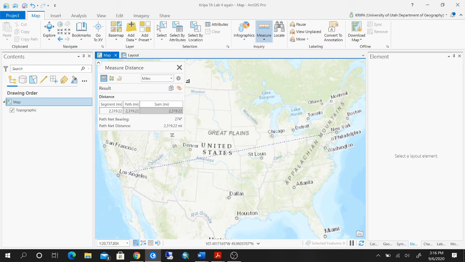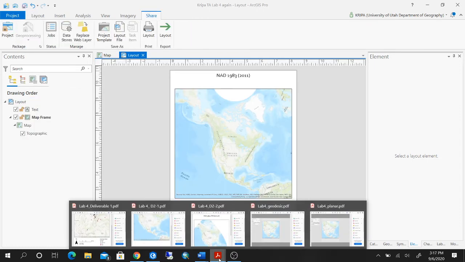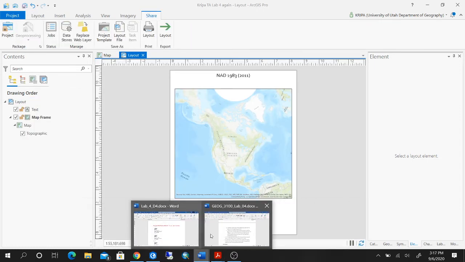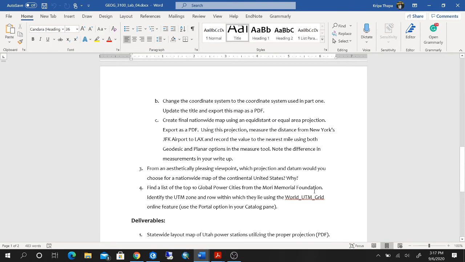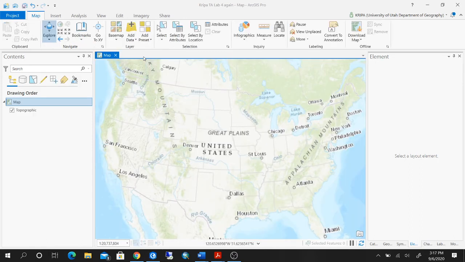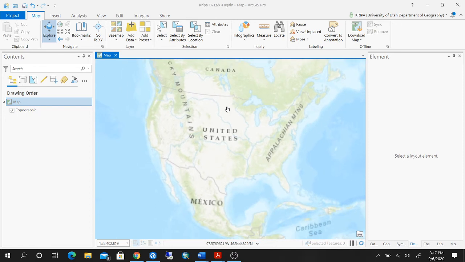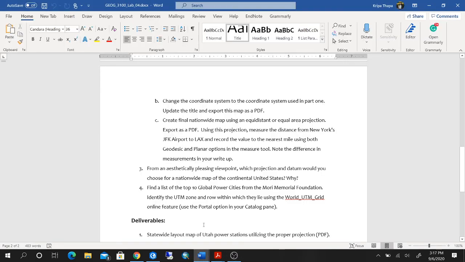So once that's done, we're gonna close this. And I don't think we need the layout version as well. So yeah, you can go ahead and click this one off. So cross that out. And now the next instruction is to find a list of the top 10 global power